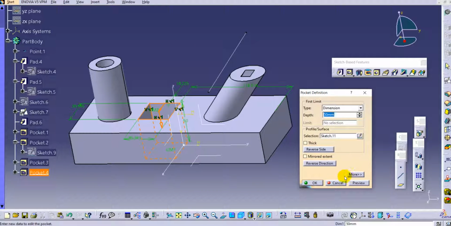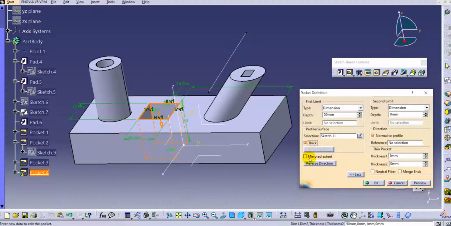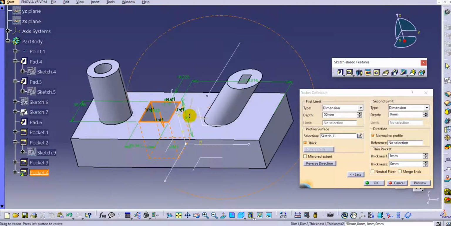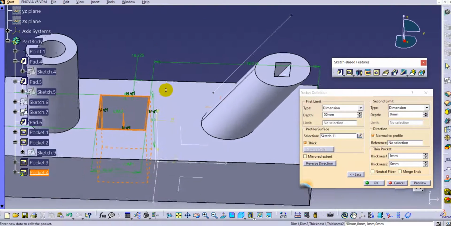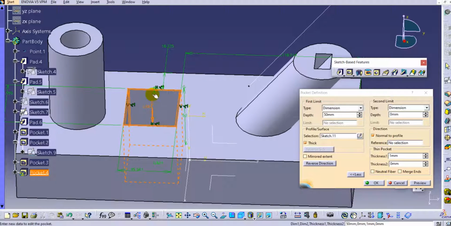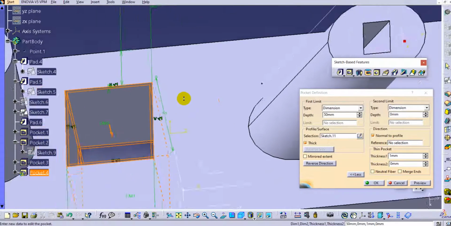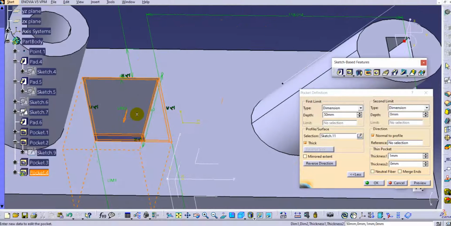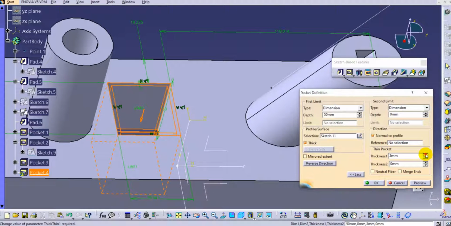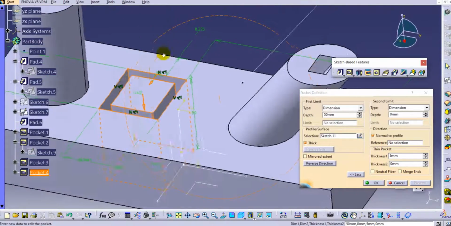But if you try to select the thick option here, and if you provide the thickness, you can see there is a thickness showing. You can see here the 5 mm thickness is added, and if you try to preview it, you can see the thickness is added.